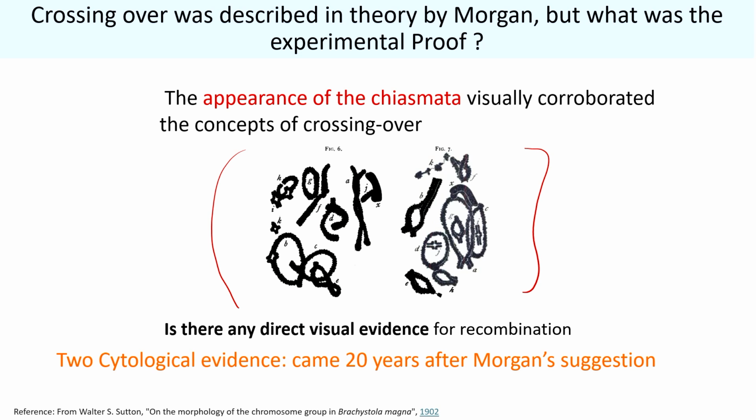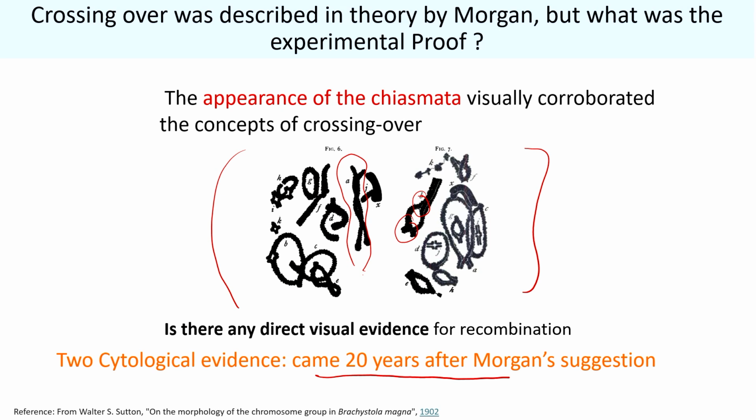I just thought of putting this image back from my very first class when I was discussing with you the work of Sutton. You could even see these homologous chromosomes pairing and even touching, making probably chiasmata in these kinds of structures that he was seeing. After him people have seen it even better and have talked about it. But the significance and importance of these chiasmata, the touching points for the chromosomes, took time to understand. You can see it took 20 years after Morgan to really understand how exactly the chromosomes exchange the